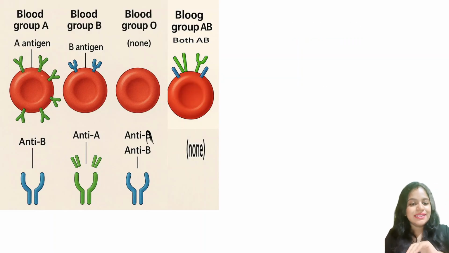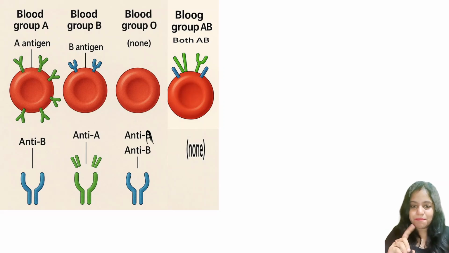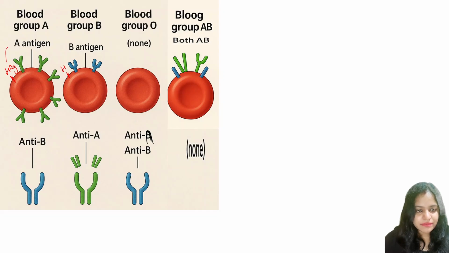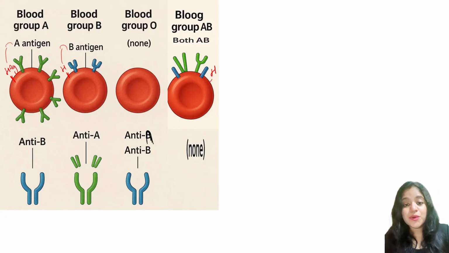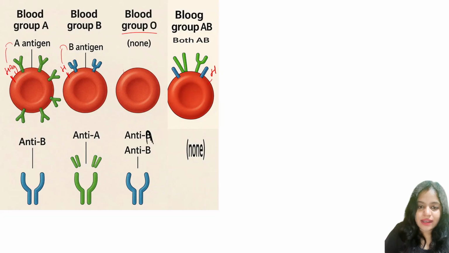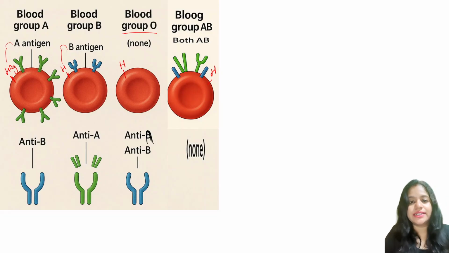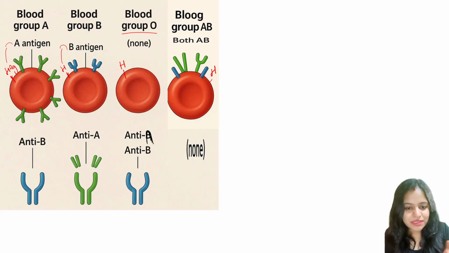You see, these RBCs have these antigens, we have all understood. But your RBC has one more antigen here, the H antigen. The H antigen is like a precursor for your A and B antigen. H antigen is present here, it will form A antigen. Here it will form B antigen. Here also it will be present. Even blood group O has the H antigen present. So as per the Landsteiner law, there won't be the complementary anti-H antibody present in the plasma of blood group A, B, AB and O.